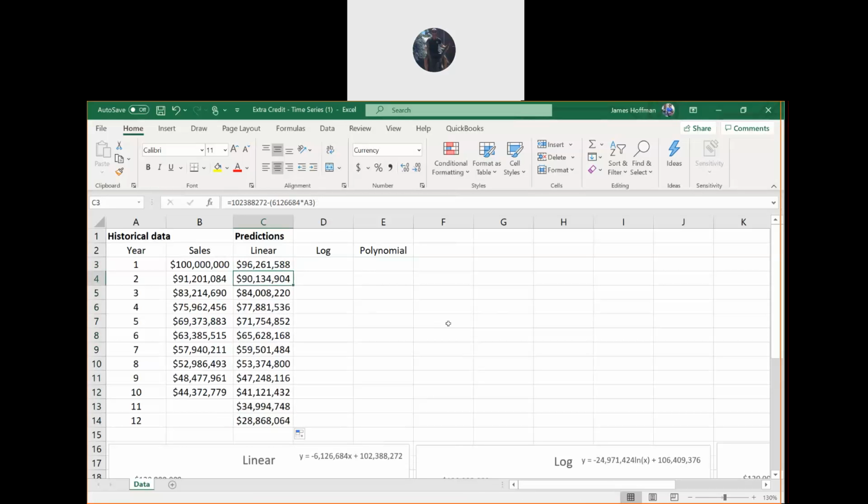Okay, so it's the same equation, but the A's are changing to reference the year. So this last one should be for A14 for year 12. All right, and so we got all those there for the linears.